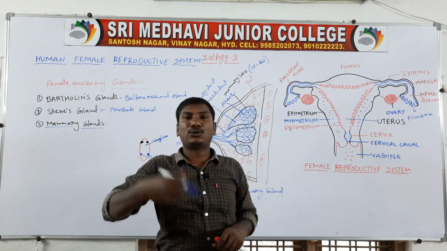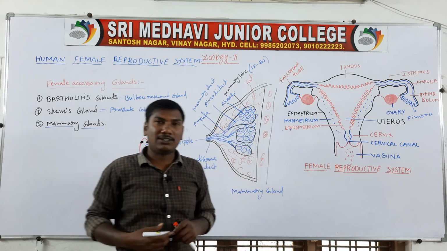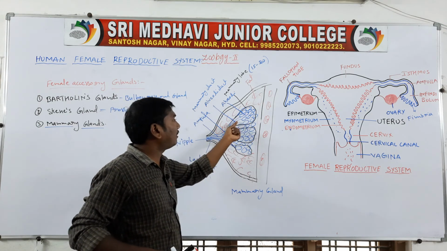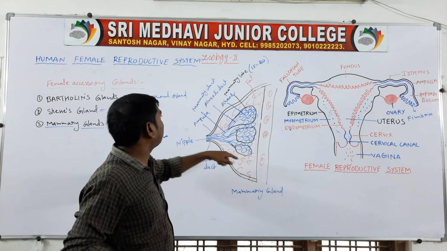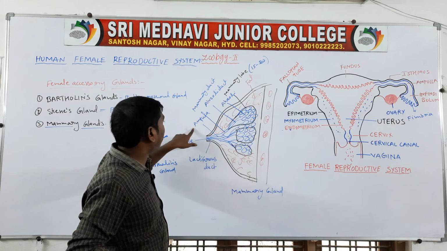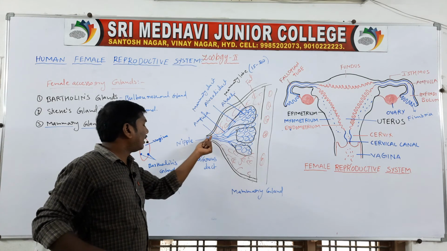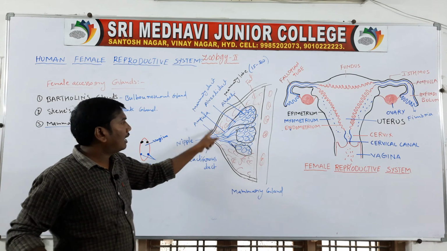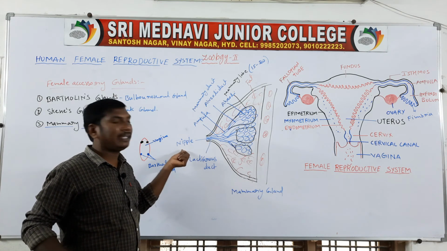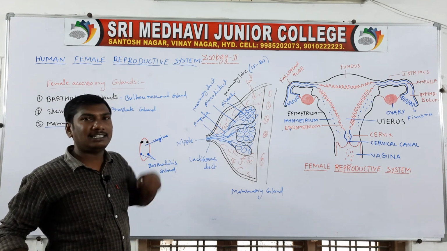The secreted milk is stored in the alveolar sac. The alveoli open into the alveolar ducts, which connect to the mammary duct. The mammary ducts combine to form the ampulla, and the ampullae connect to form the lactiferous ducts. Finally, the lactiferous duct opens into the nipple. When the baby sucks, the milk is released.